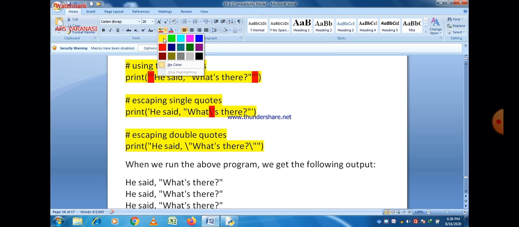You can easily see on the screen. In the first case we use triple quotation marks, in the second case we use the escape sequence for single quotation mark, and in the third case we use the escape sequence for double quotation marks.